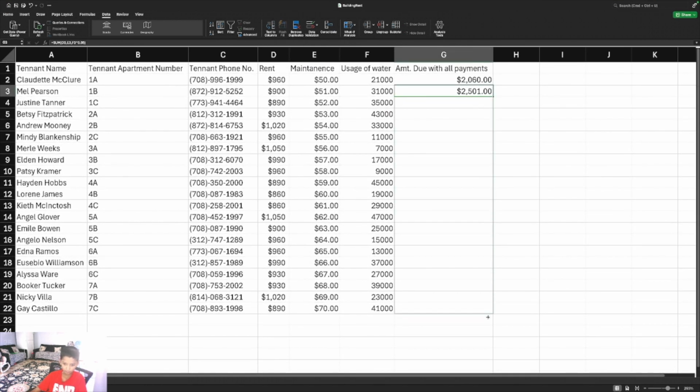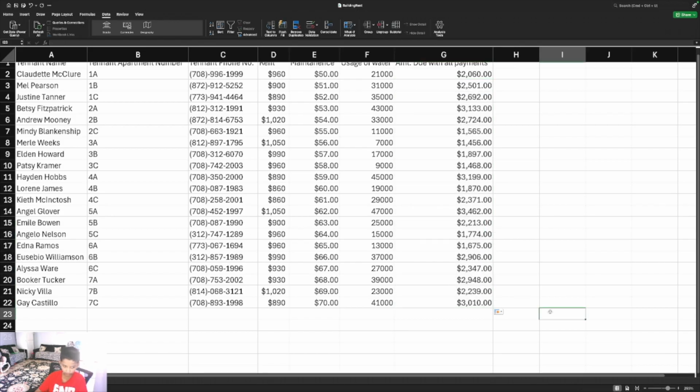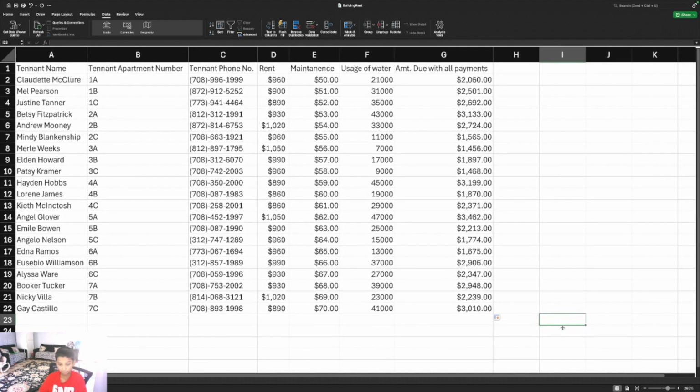Just add amounts with all payments like that, like so. So now we have every single person with their specific names and the amounts that they're supposed to give us in dollars. So we have some people paying us up to like $3,000, and we also go as low as... So now what we can do is we can say